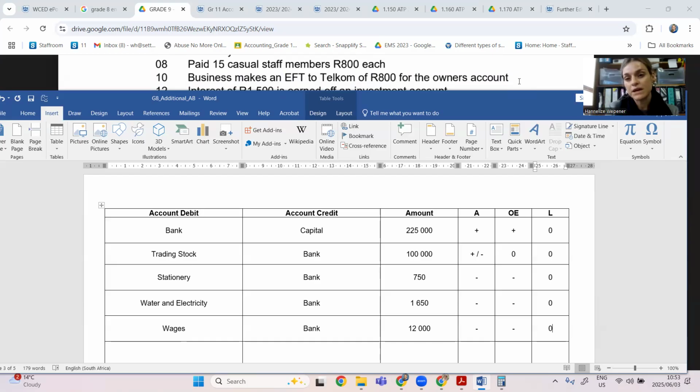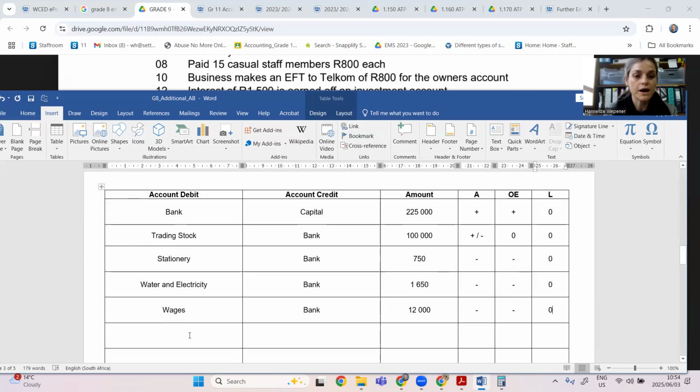But in this case, it was made on behalf of the owner. And whenever we pay something on behalf of the owner, that is drawings. Drawings will decrease my owner's equity, and that is why it will get a debit entry. So the more drawings I have, the less owner's equity I have. That's why it's a debit. And I made payment, therefore I credit bank, because now I have less of that asset and less owner's equity,